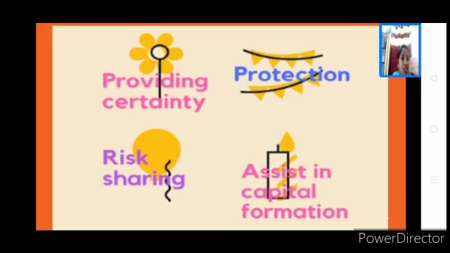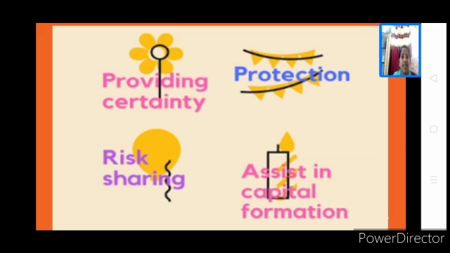Then comes risk sharing. That's what I told you now. Actually, it is you who has suffered the loss, but when you have taken an insurance policy, you are shifting your risk from you to the insurance company. Say I am riding a vehicle, it's my own vehicle, okay, and I met with an accident, some 30,000 of damage has happened to my vehicle. Now I am just shifting this burden to the insurance company, that 30,000 is paid by the insurance company to me. Hence, I am sharing my risk with the insurance company for a consideration called premium.